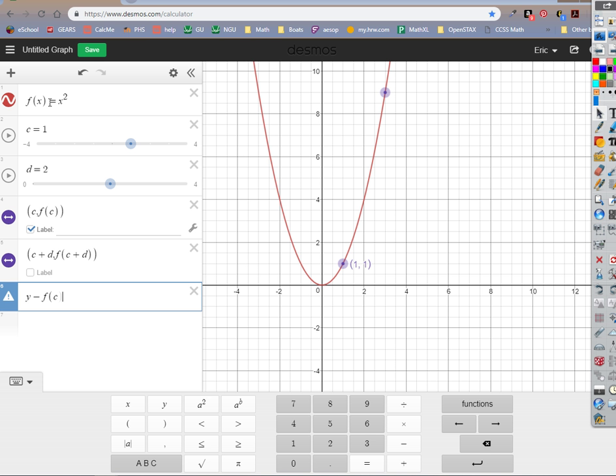I'll just use point slope form, equals the slope, which is divided by f of, oh sorry, minus